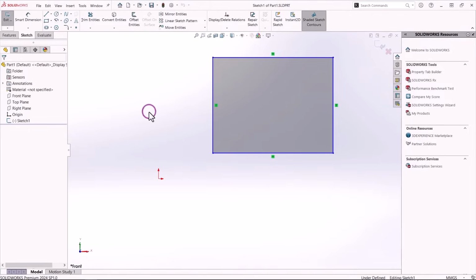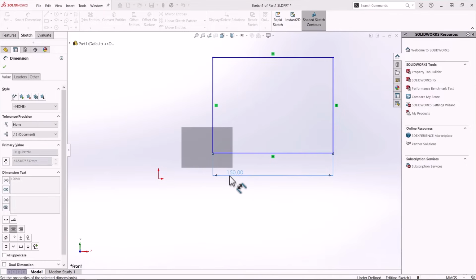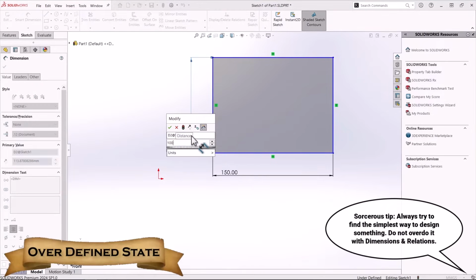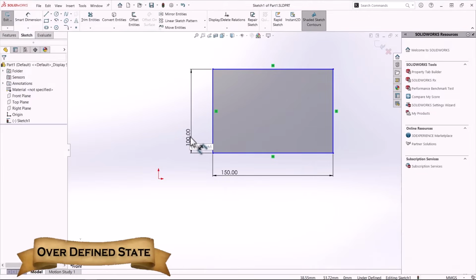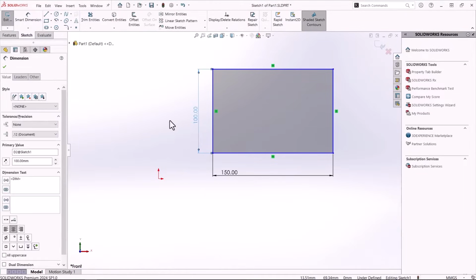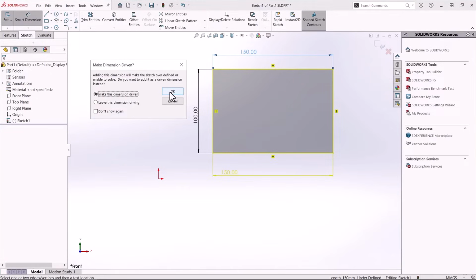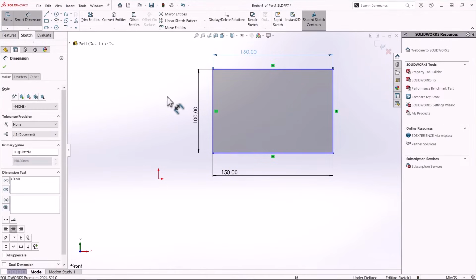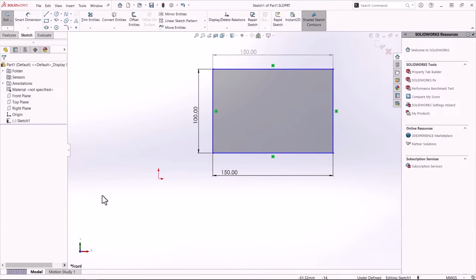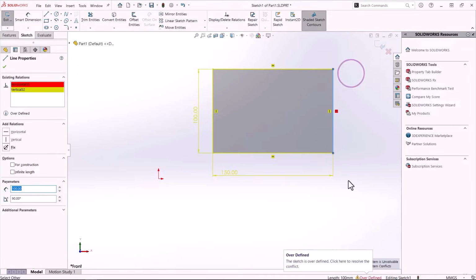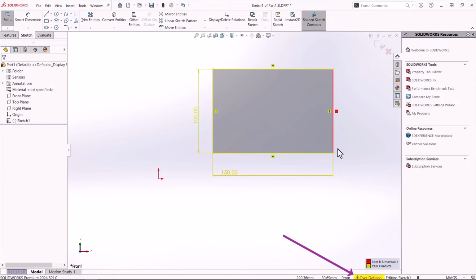Keep in mind that while adding relations and dimensions is essential in SolidWorks, it's crucial not to overdo it. SolidWorks is parametric design software, meaning it is driven by dimensions and relations. For example, if a line equals 100 mm, due to the geometric relations I've specified, adding another dimension for the same line will be redundant. Additionally, excessive use of relations may lead to design paradoxes and over-definition of the sketch.